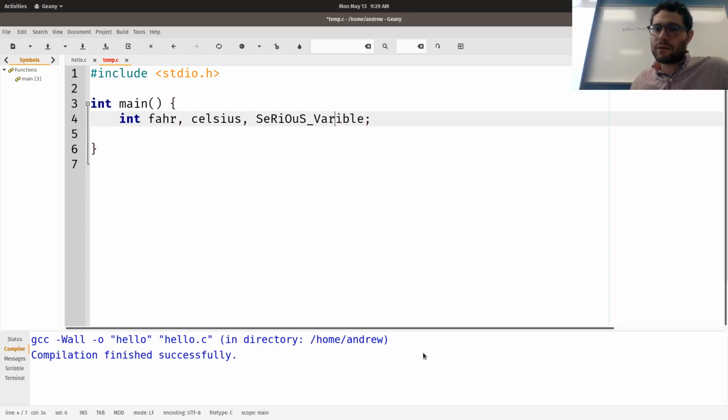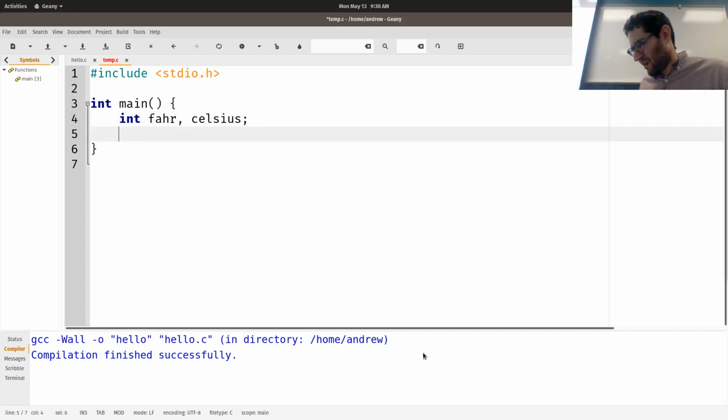Serious variable, right? This is a valid name, and the last thing that you can use is what's called an underscore. So any alphanumeric character plus an underscore is valid in C. Other programming languages allow you to use whatever the heck you want as variable names, which can lead to some interesting issues. But also note that C is probably not Unicode compliant, which means that basically you're limited to English characters for stuff.